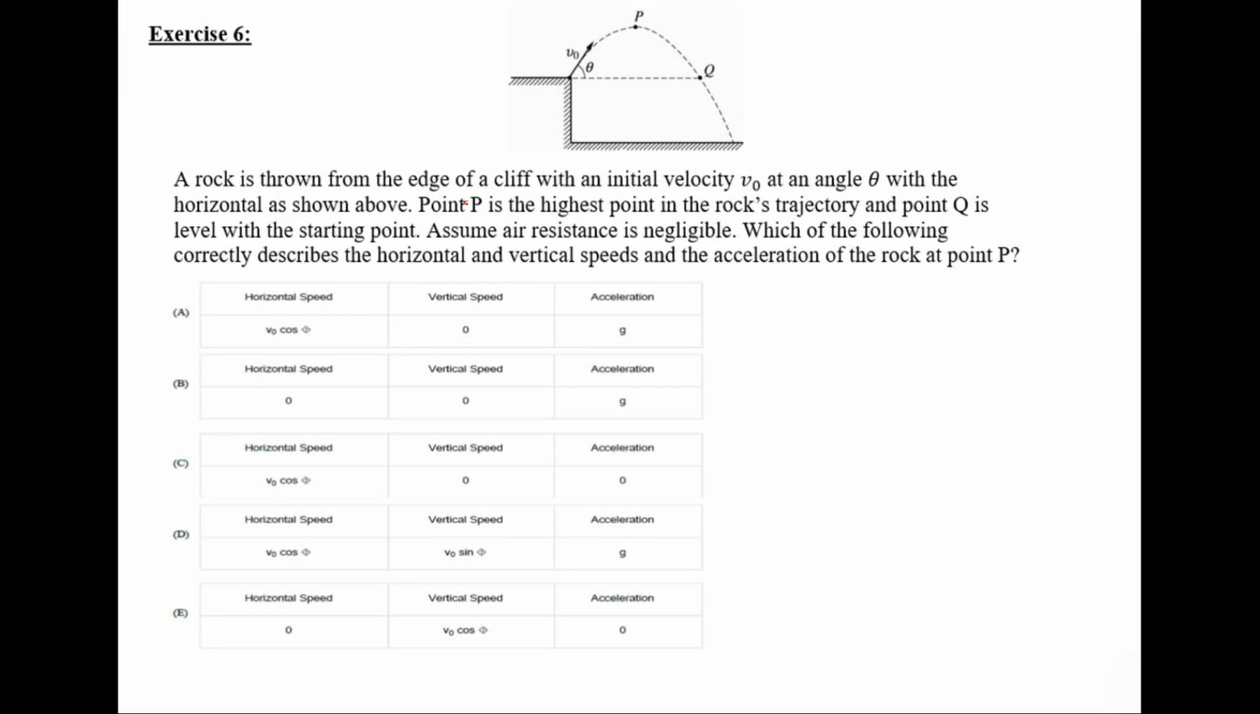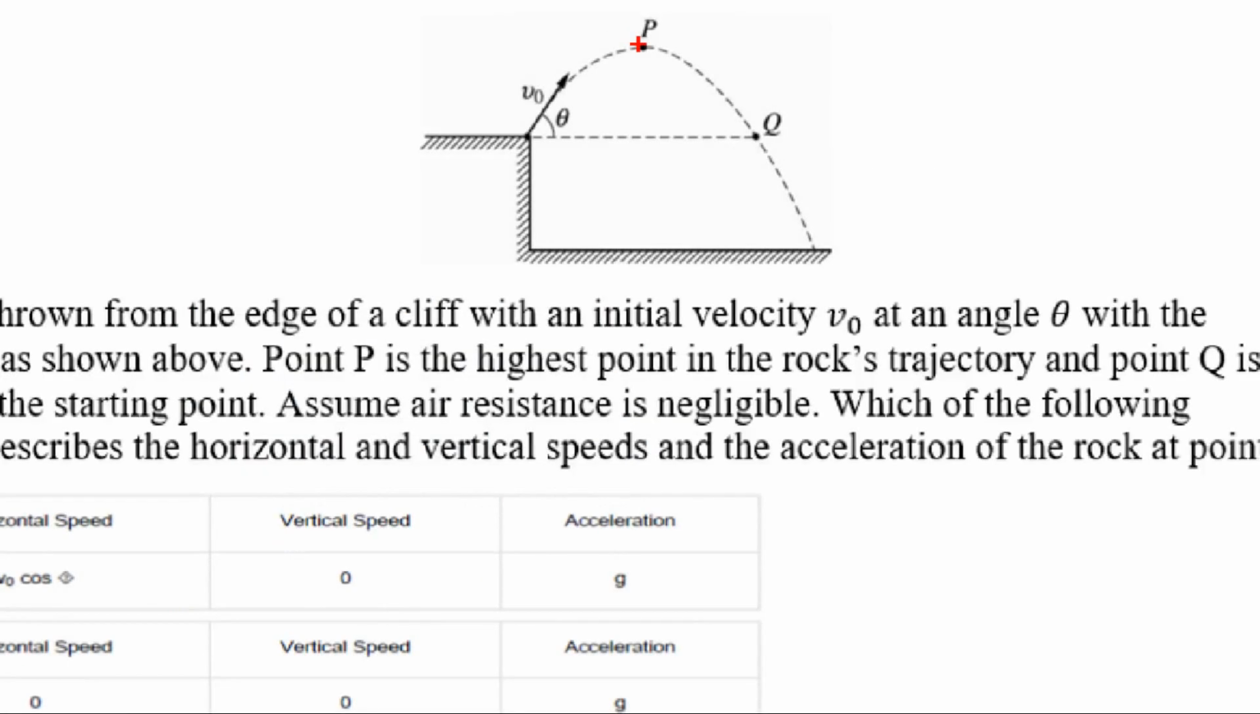Assuming air resistance is negligible, which of the following correctly describes the horizontal and vertical speeds and the acceleration of the rock at point P? Alright, so at point P, this is the maximum height reached by the projectile. We know that, first of all, Vx is always constant, and it's given by V0 cosine theta, independent of any point along the trajectory. At the point P, this is the point of maximum height, and it's dictated by Vy